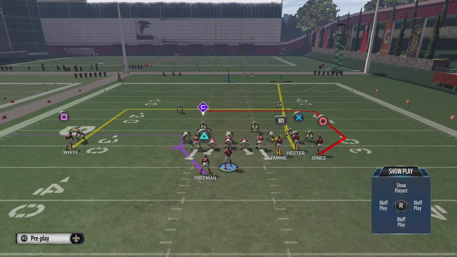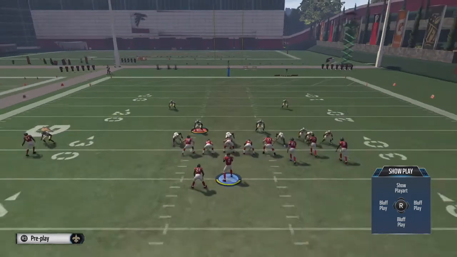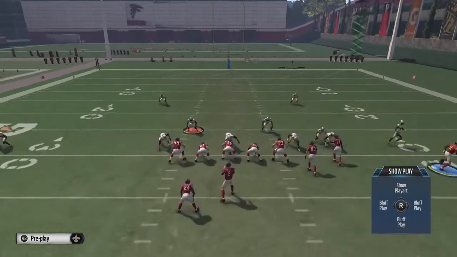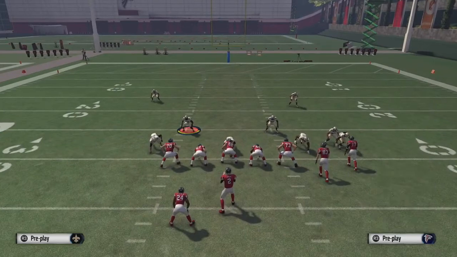So shout outs to you, man. Loyalty pays off. This is by far one of the glitchiest concepts in this year's game against man. And that is either a motion route like this, this route works. But if you've got like a comeback like that,